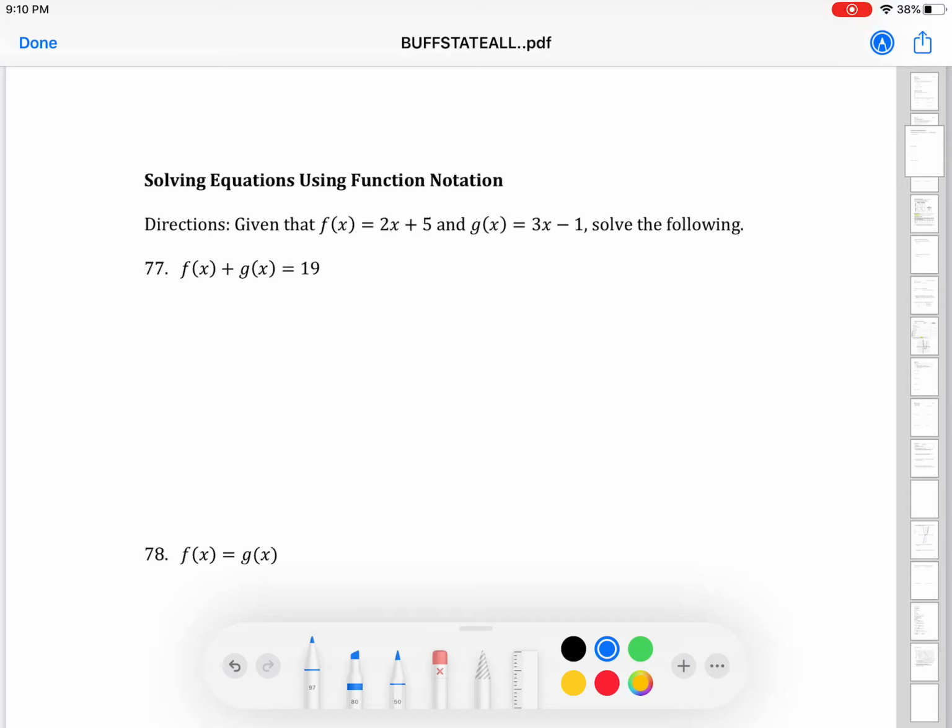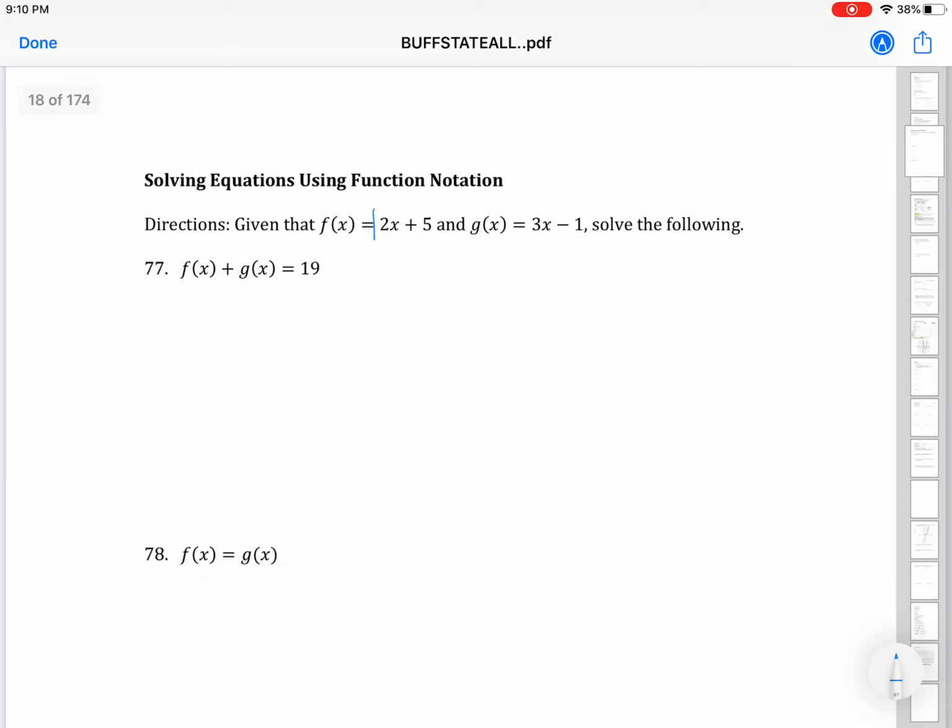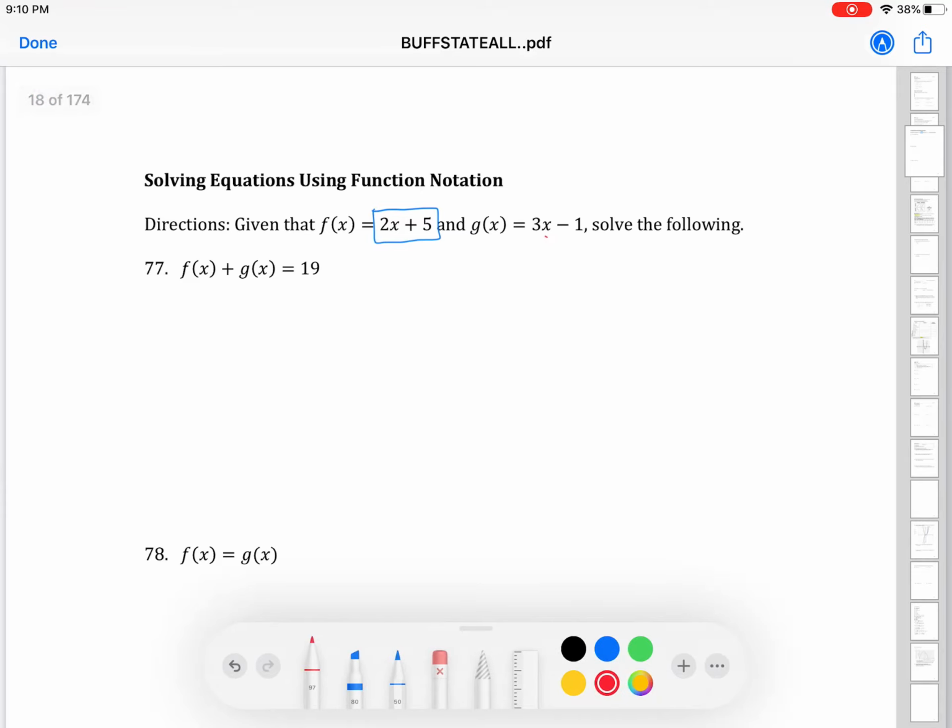So it says in the directions, given that f of x is equal to 2x plus 5, and g of x is equal to 3x minus 1, solve the following. Okay, so I know that f of x is equal to 2x plus 5, and g of x is equal to 3x minus 1. If you look at question 77, it says f of x plus g of x is equal to 19. If you tried to solve this by just like combining like terms and like moving stuff over,